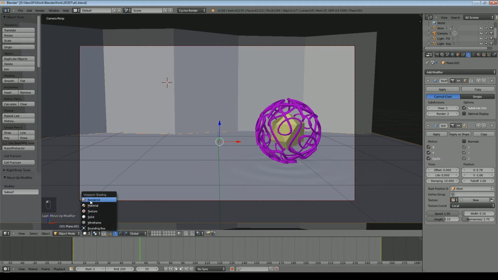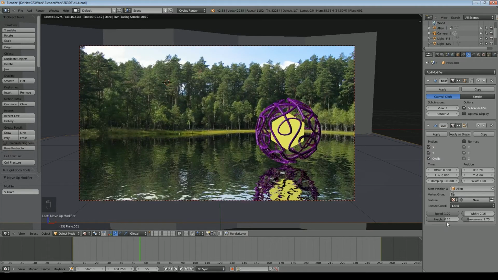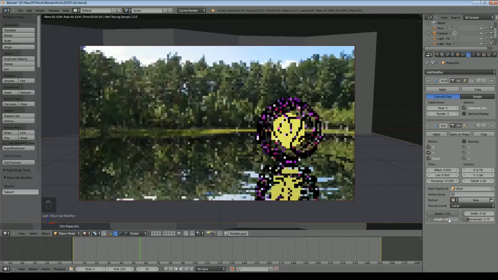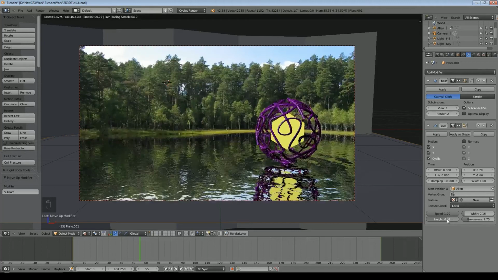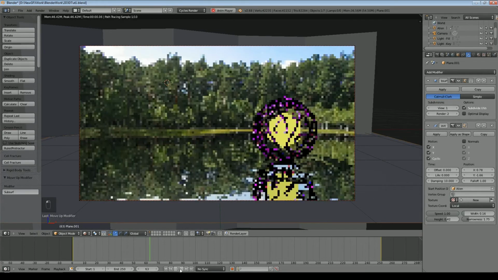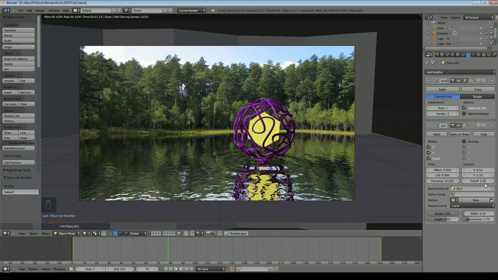Let's look at the rendered version of that. They're a little bit subtle at the moment, so let's increase the height of those ripples a little bit. So as you can see, it's a matter of playing with the settings to match with the scale and so on of the scene that you're creating. And let's let it run round a little bit, and perhaps fall off of 1 is a bit too high.